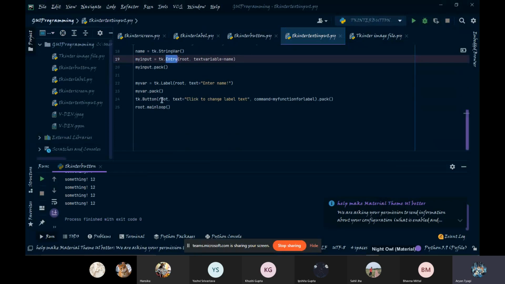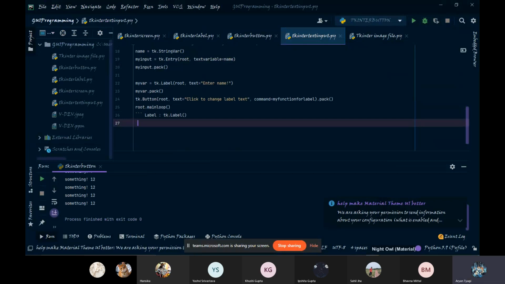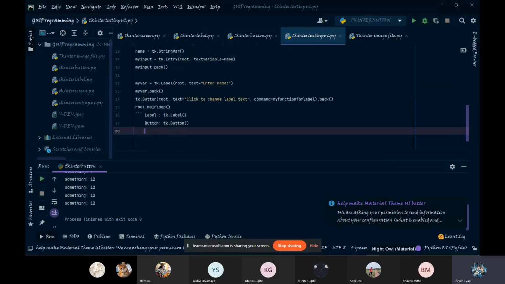Let's put in a comment with all the identifiers we have covered. For label, we have tk.Label. For button, we have tk.Button. For text input, tk.Entry.